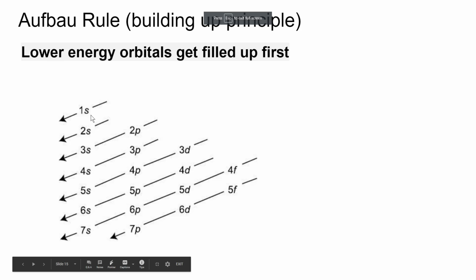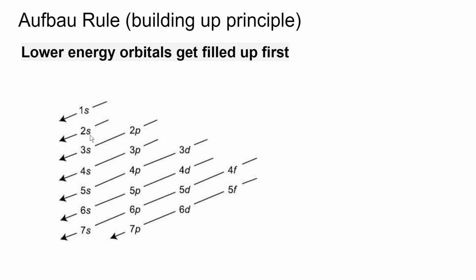This is a way of thinking about it. Some people like to draw it this way. So we draw out 1s, 2s, 3s, 4s, 5s, 6s, and then 2p, 3p. And this tells you how we fill it up. We draw arrows. I don't like doing it this way, but